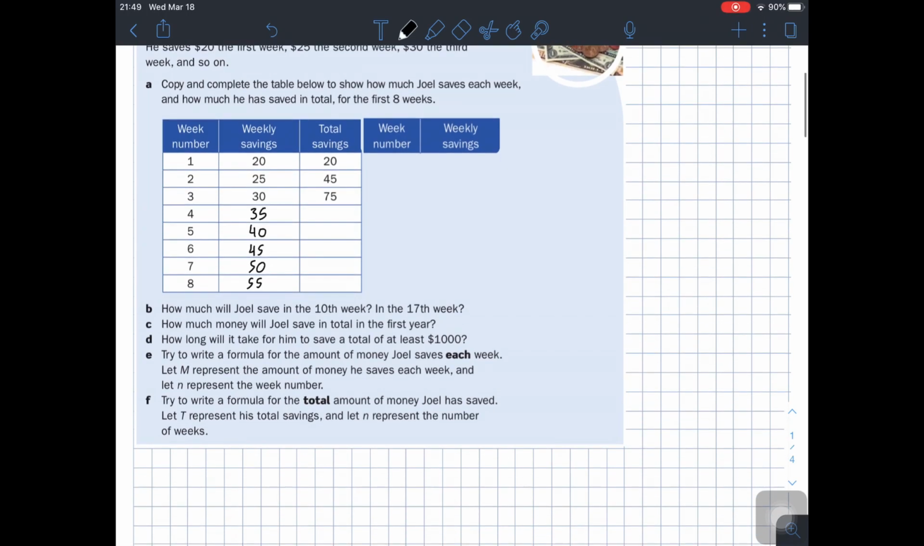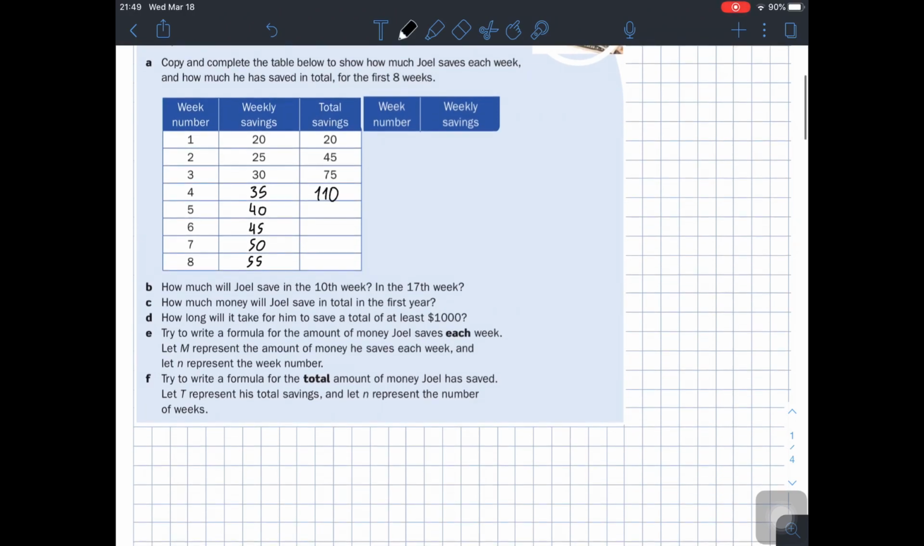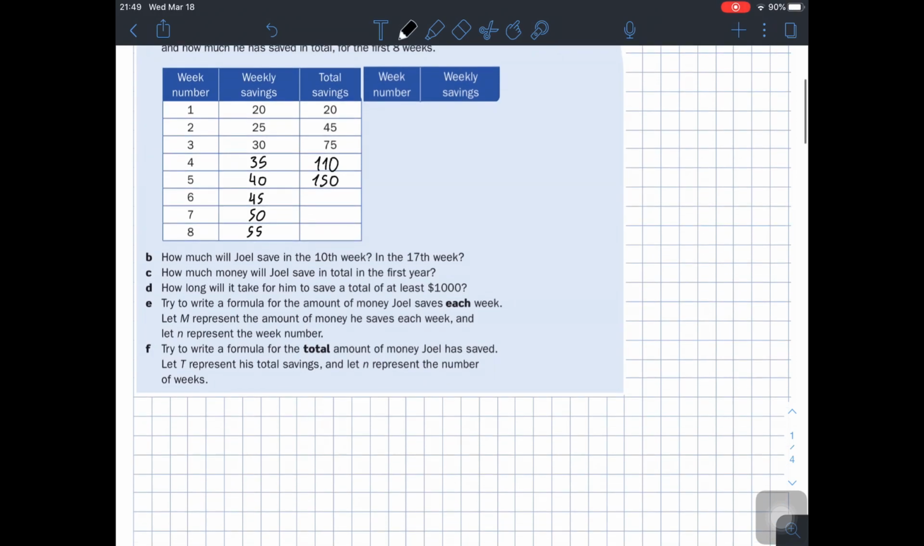For the fourth week, he should have $110. For the fifth week, it would be 150. Then 195, this would be 245,